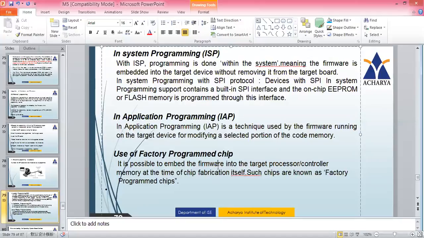Means the IC is manufactured along with an inbuilt program. Such chips are known as factory programmed chips. You need not burn separately, because the chip has been manufactured with the inbuilt firmware, inbuilt program. So this mechanism is called a factory programmed chip.